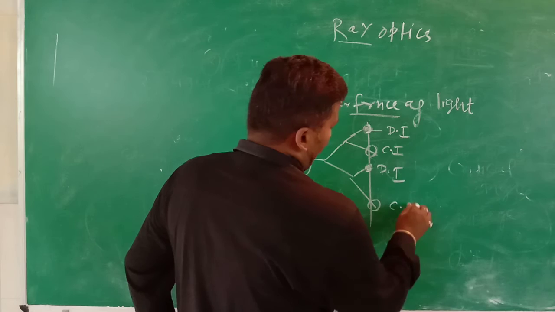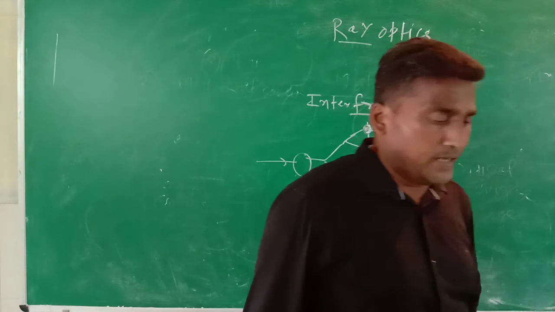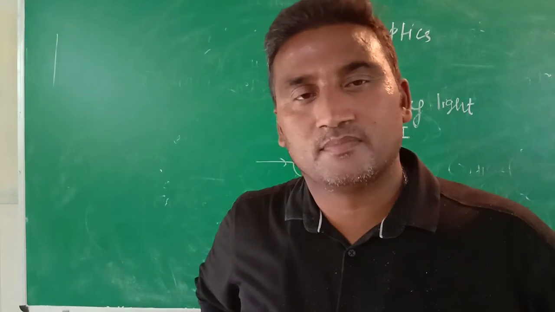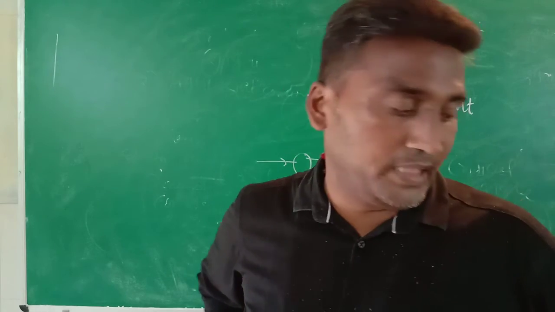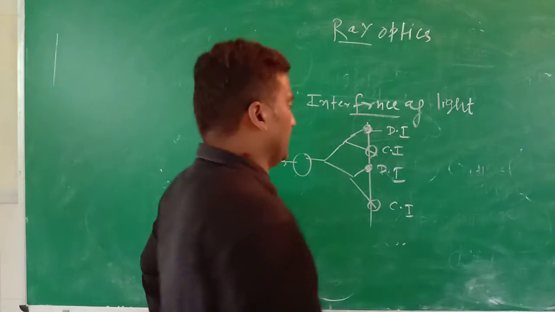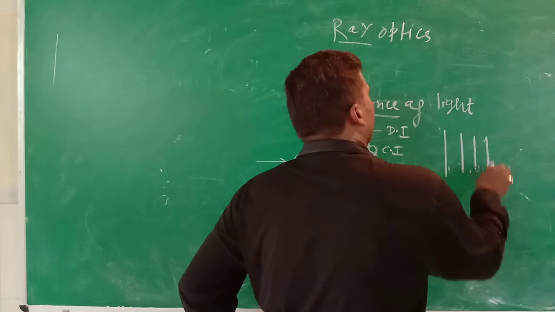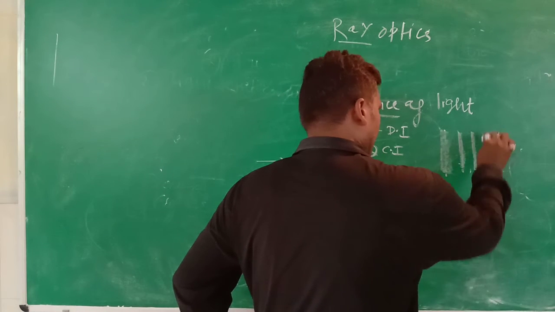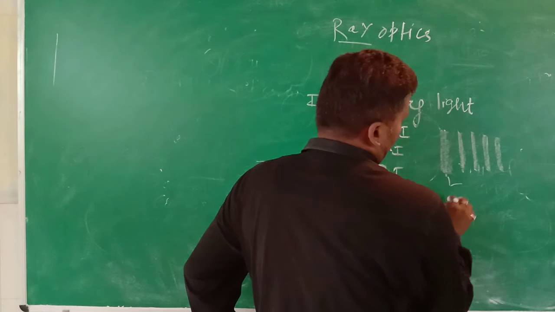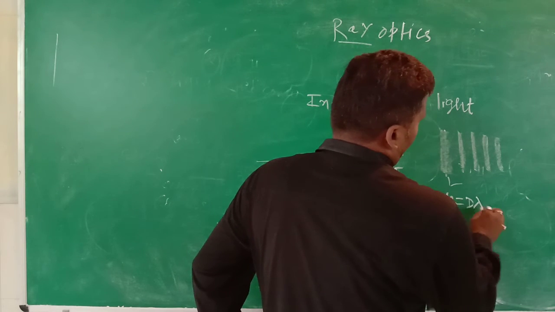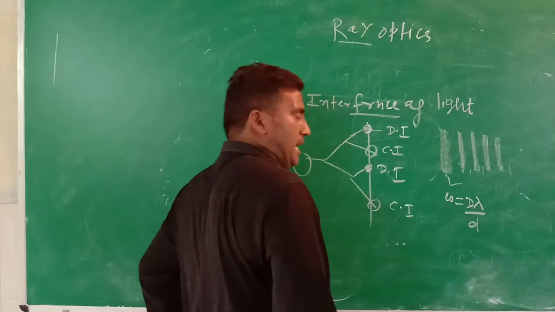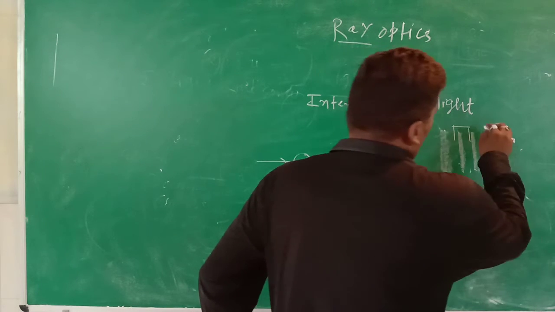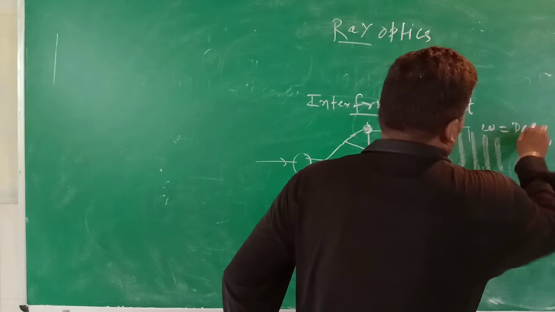In our daily life, there are many examples of interference of light. When a person buys and sells things like chocolate and books, on the back side of the books we observe different types of barcodes. The dark line is known as destructive interference, and the fringe width is represented by W equal to d lambda by d. The bright line, or gap between two bright lines,